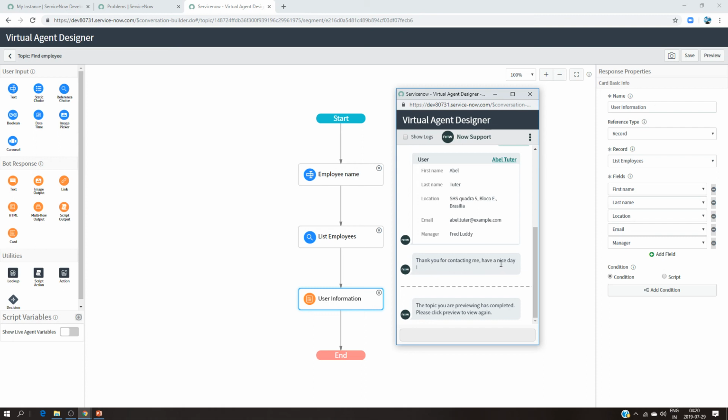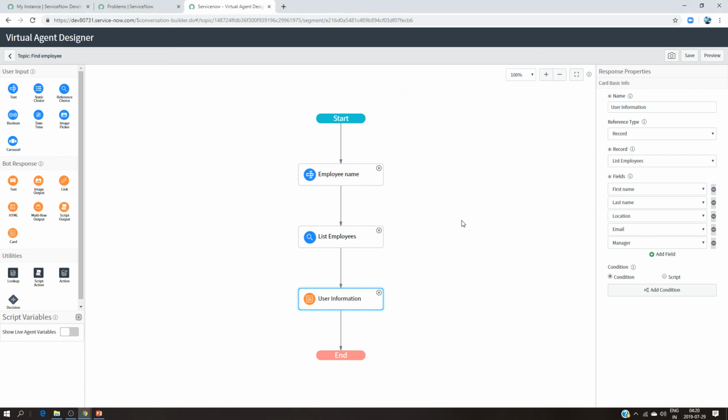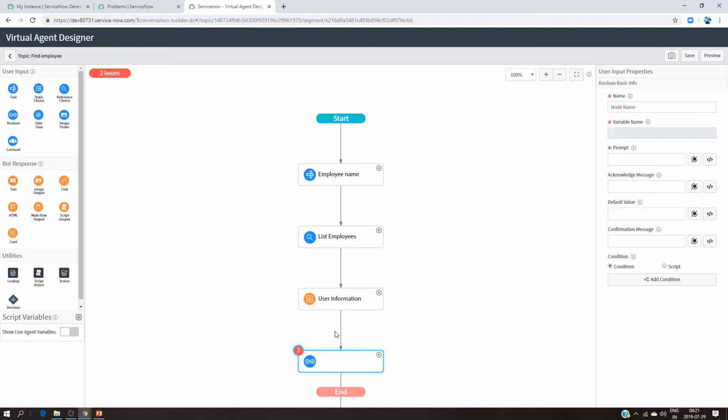Now we can do another thing, which is to loop back. You can ask the question, for example, do you want to do another search? For that, we have to choose a Boolean value, which is like a yes or no question. Do you want to do that or not? So you have it here. It's going to be an input from the user to choose yes or no, right? So the first thing you have to do is choose this one, Boolean, and drag it here, and then give it a title, like